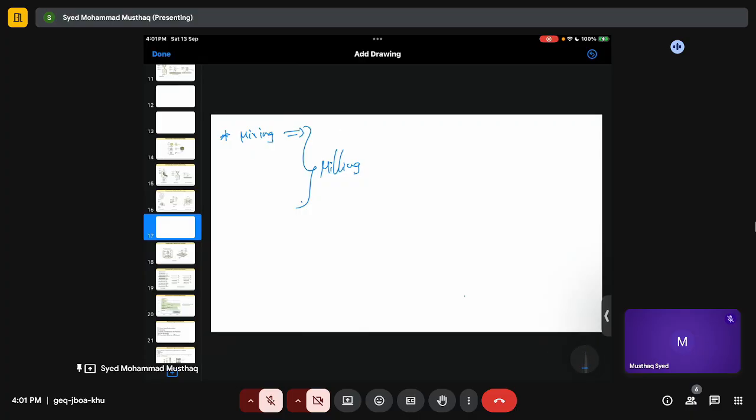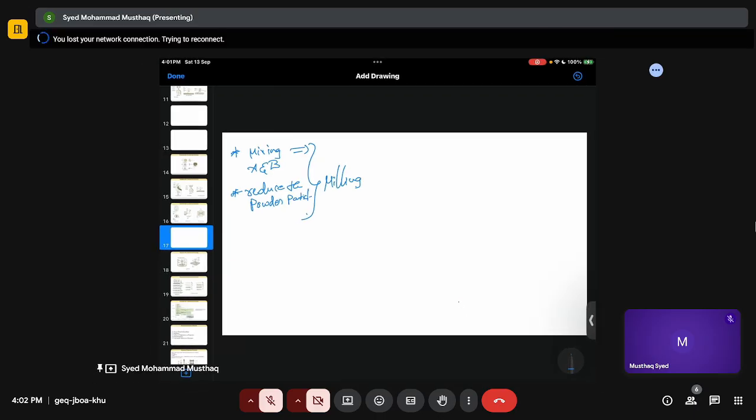For mixing two powders, A and B, you can do the milling. Or if you want to reduce the powder particle size, again, same, you can do the milling. Or if you want to make a reaction, you want to